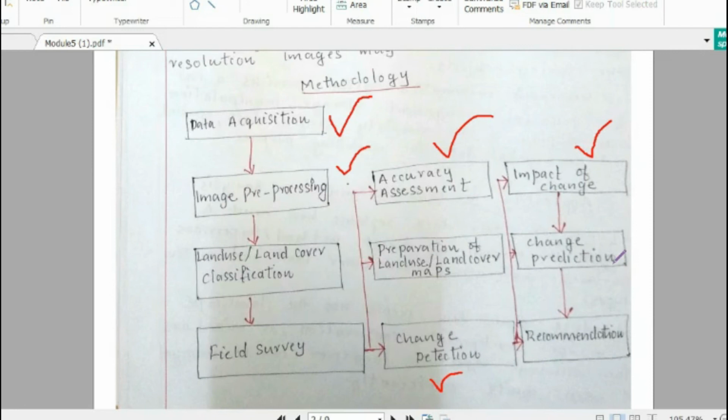Then positive impact also. Urbanization is happening, so development of that area is happening, urban sprawl is getting wider and wider. Then change prediction.